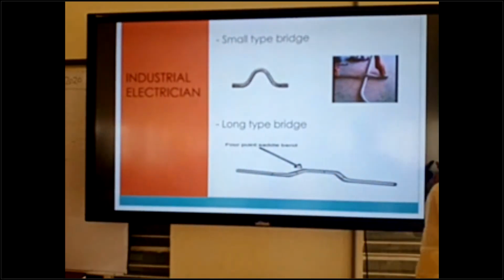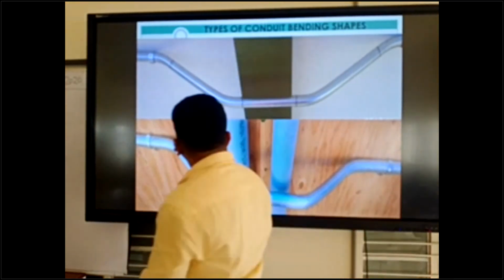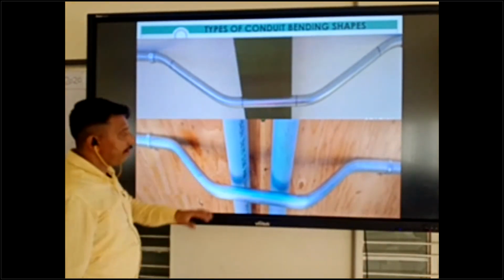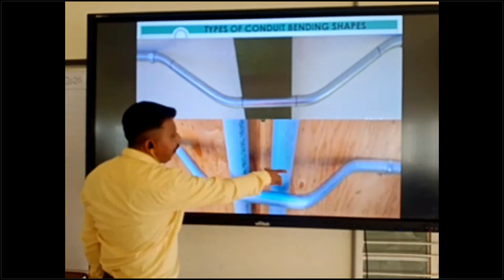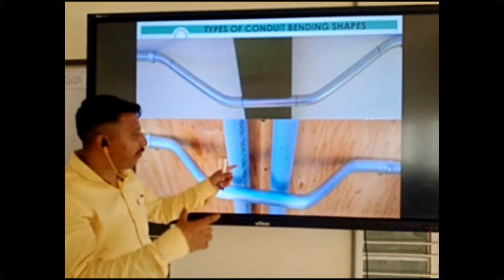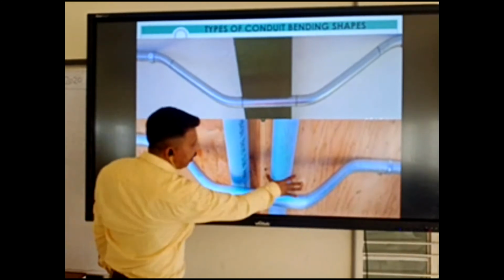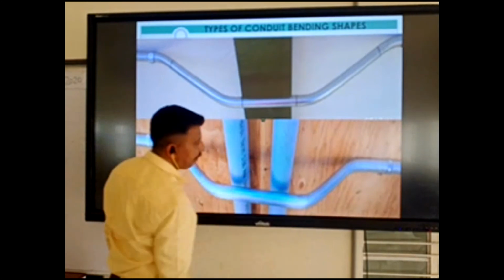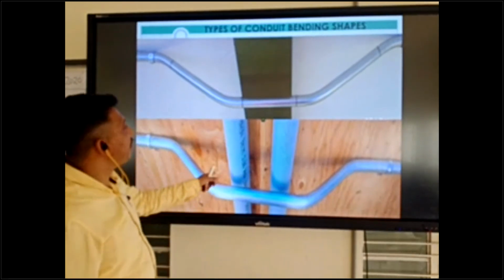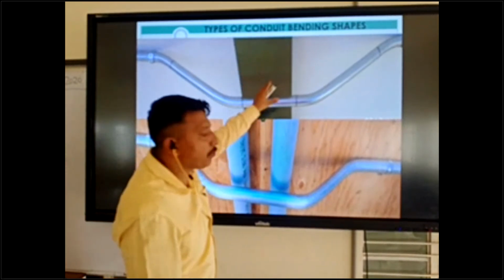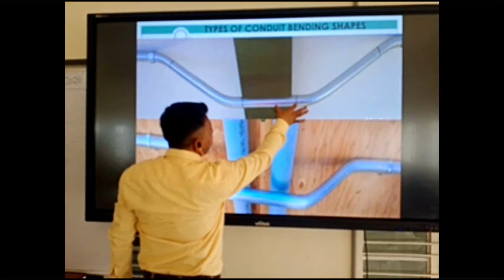Okay. Next one. You see, this is a long bridge. Suppose 2 big pipes are coming, with a very big distance. This type of distance we use a long bridge for. This is a beam; I will give two examples for you. So how much is the beam distance?